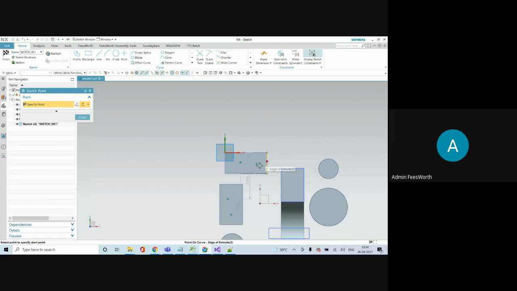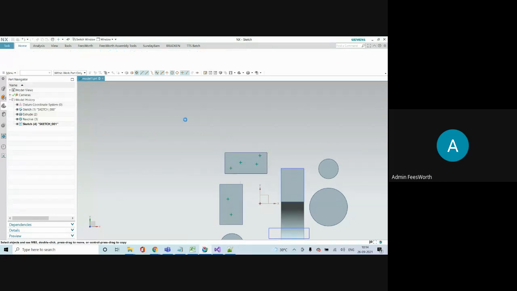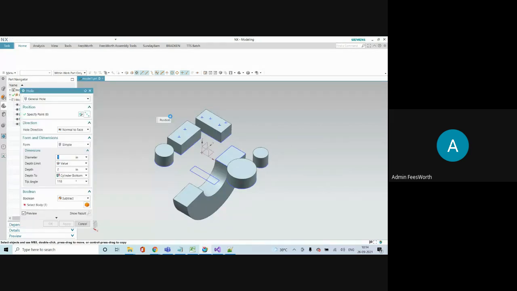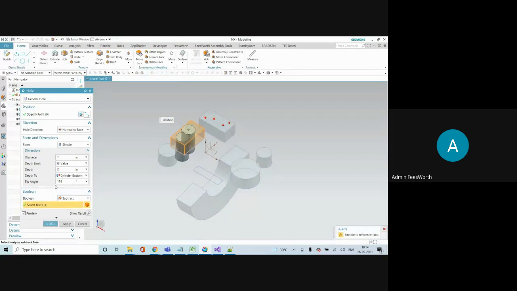That is the face selected. I have to set the hole diameter. I'll make it 0.2 small. Depth is 0.3. All right.